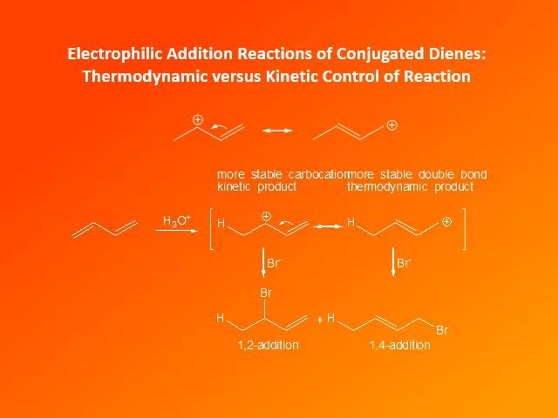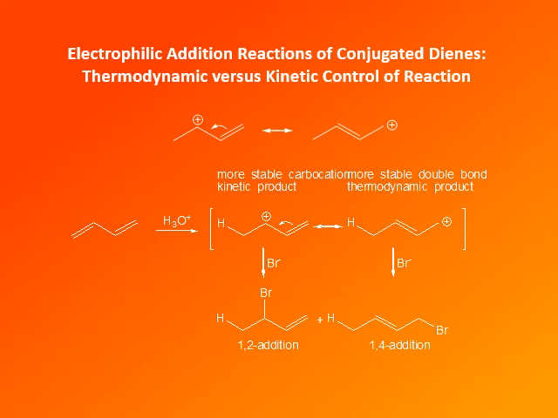That one is going to form faster, and it will give us, of course, kinetic product. Kinetic product is one that forms faster in a reaction. So reaction of bromide anion with secondary carbocation gives kinetic product. This is what we call 1,2 addition, because hydrogen and bromine add to carbons 1 and 2 of the diene